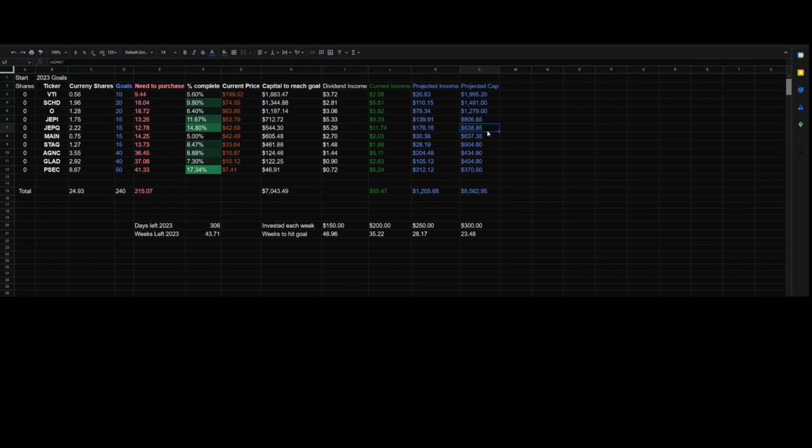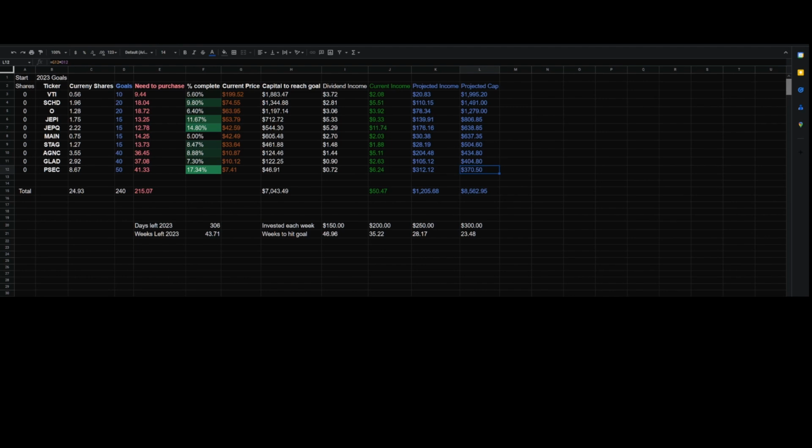We have JEPQ at 638, MAIN at 637, STAG 504, AGNC 434.80, GLAD 404, PSEC 370.50, and that's how we get the $8,562. So kind of a long stretch there in terms of how much it would take to get it done, but you can kind of see just a rough breakdown of everything that it would take to get the account fully